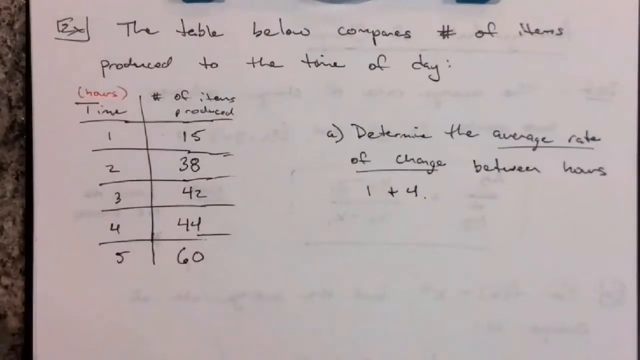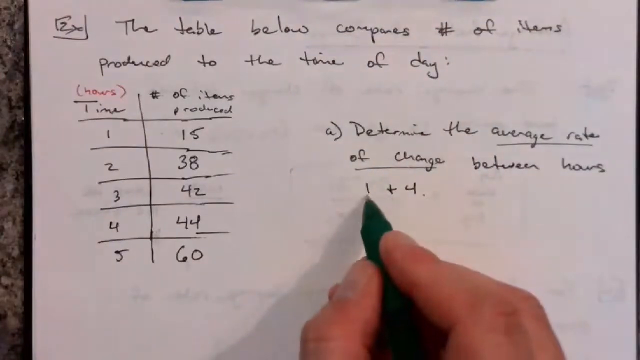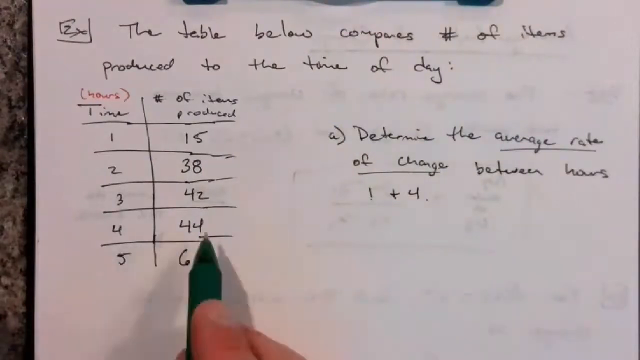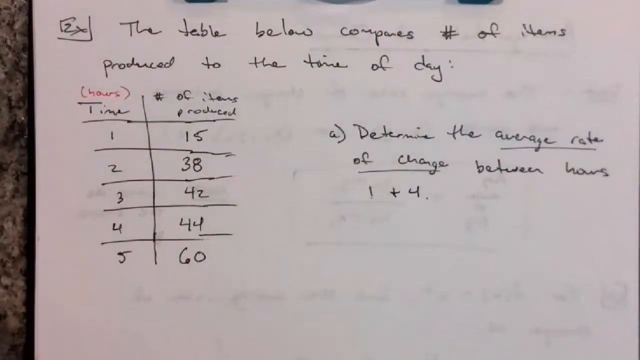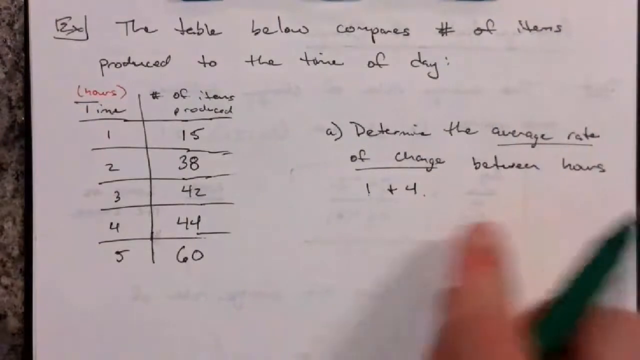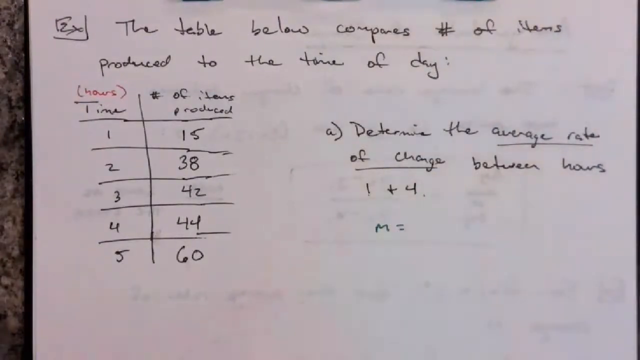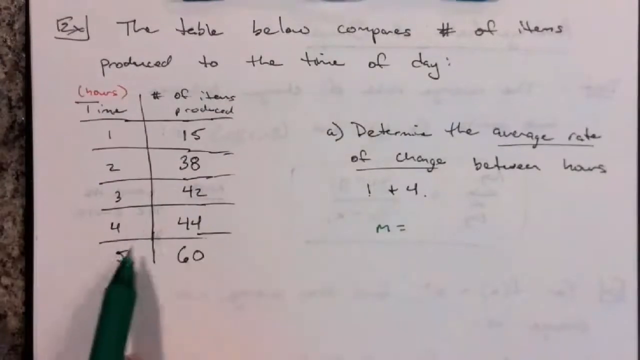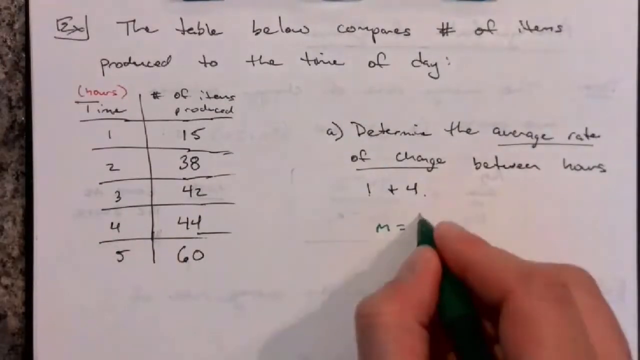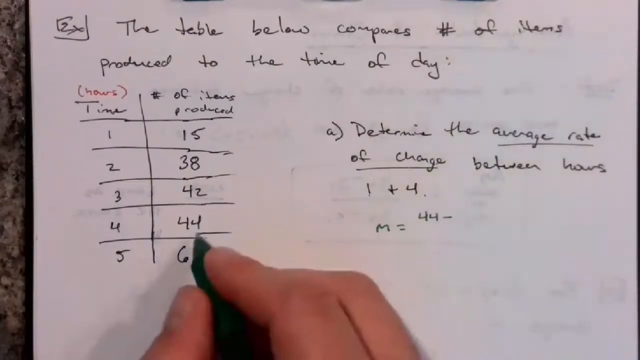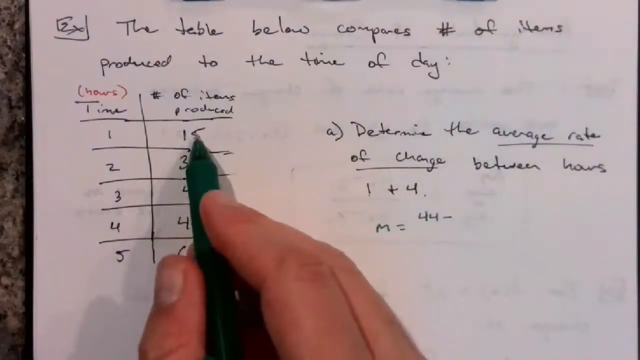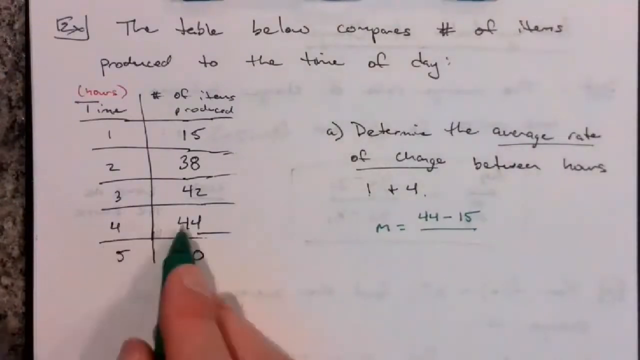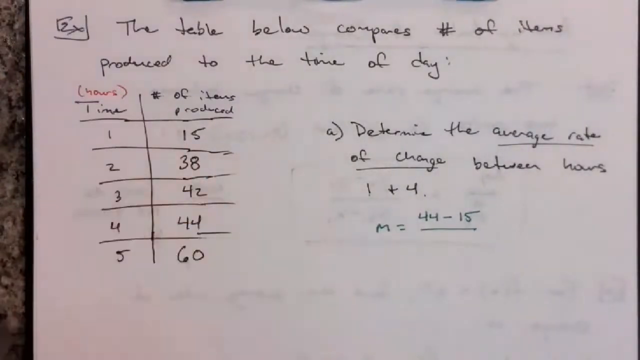So if I'm looking for the average rate of change, I know the x value of 1 has a y value of 15. The x value of 4 has a y value of 44. So I'm trying to find the average rate of change between the hours of 1 and 4. I'm really using the slope between 1 and 4. The change in y over the change in x. Well, at 4 it was 44. So that's the y value minus the y value at time 1. So 44 minus 15 over, remember, if you started here and subtracted this way, you have to start here and subtract this way. So 4